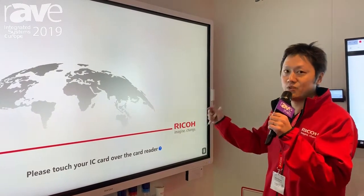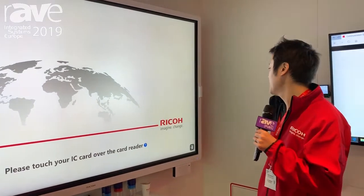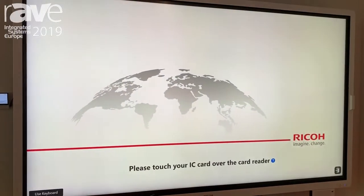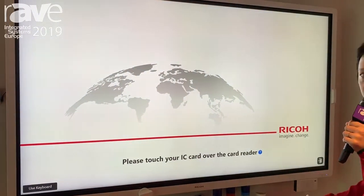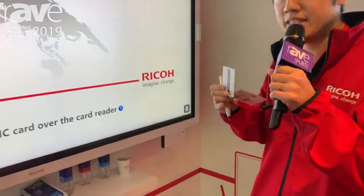So with this solution, we can solve these kinds of struggles. So let me show you how it works. When you turn the power on, a welcome screen will show up, guiding you to authenticate using your IC card. So when I swipe my badge,